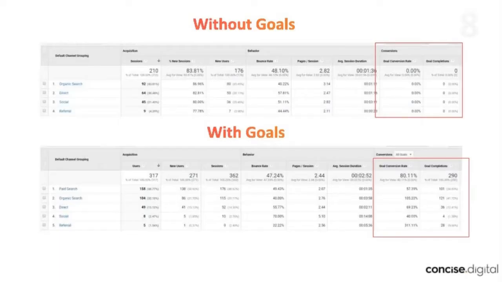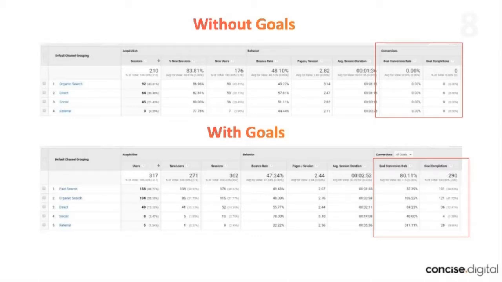So just to give you a quick little example of what this information looks like, there's two screenshots on the presentation in front of you. One does not have goals configured and the other one does have goals configured. This information is taken from the acquisition section of Google Analytics, which explains where a lot of your traffic comes from. So in this particular example, we can see that the first example at the top there without the goals is getting most of its traffic from organic search, but we don't know what that traffic is doing. So there's all the goals say 0,